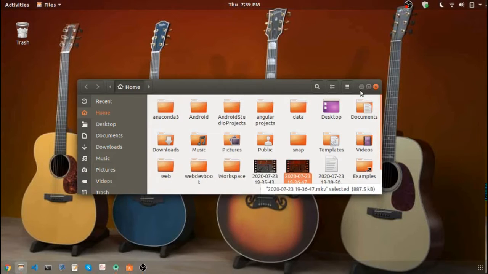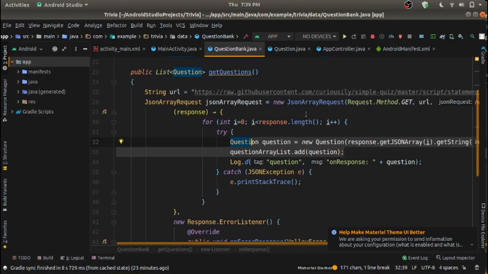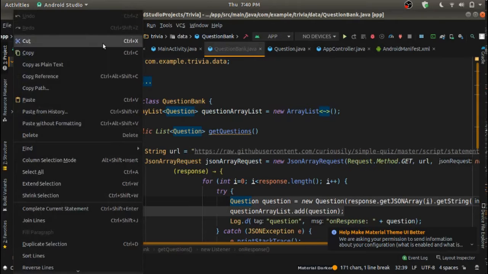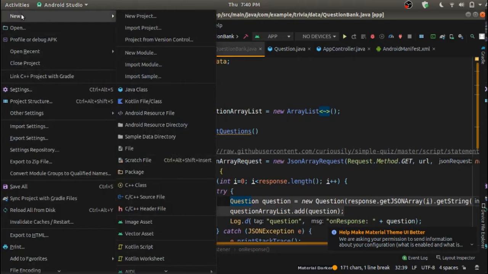Alright guys, so today I'm finally going to make a dedicated series of videos on Android Studio, and in this video I am going to show you all how to create basic apps using Android Studio, and I'll give you a gist of how the interface of the latest Android Studio in 2020 is like.